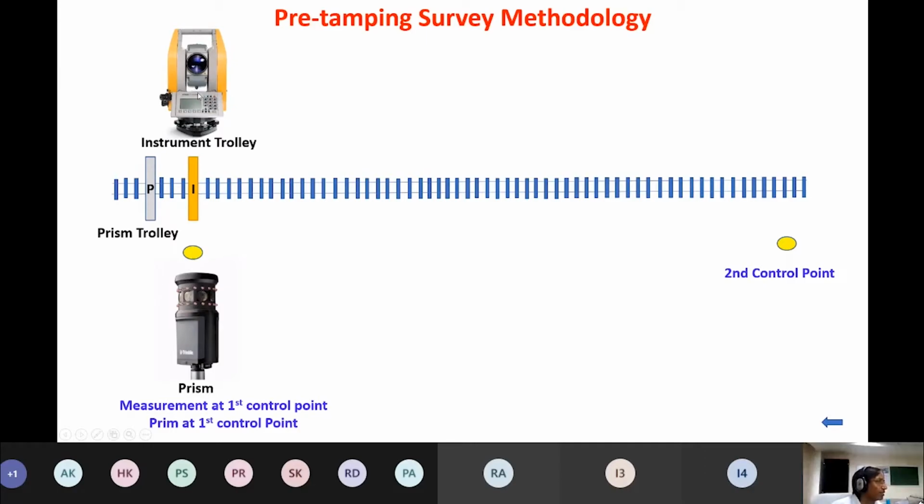So, the instrument trolley sides the instrument, the robotic total station sights the prism at the reference point or the control point. Based on the value of coordinates of the first control point, the value of coordinates of the position of the instrument, the total station, is captured. After this,